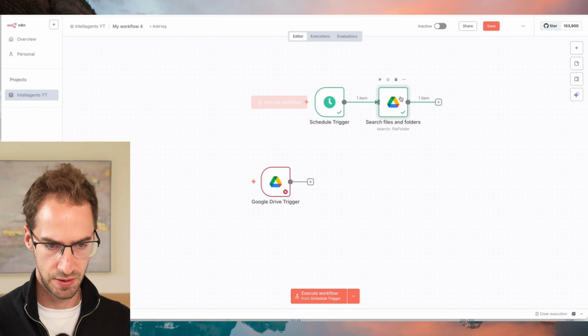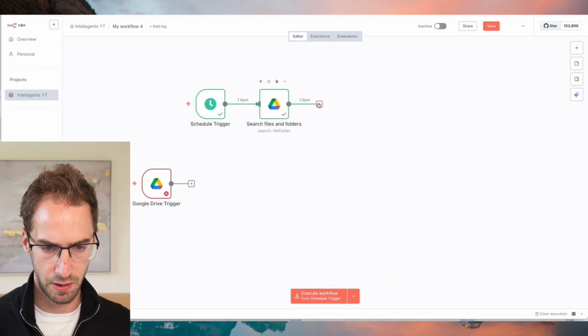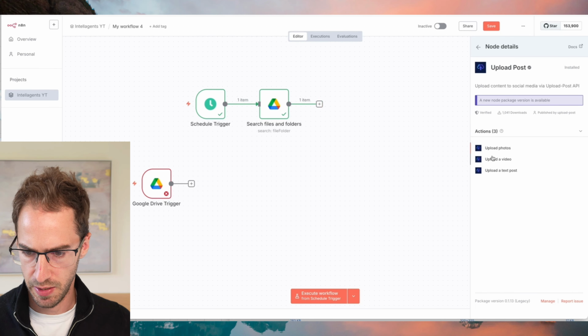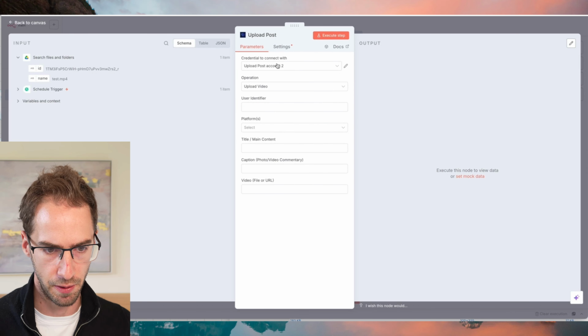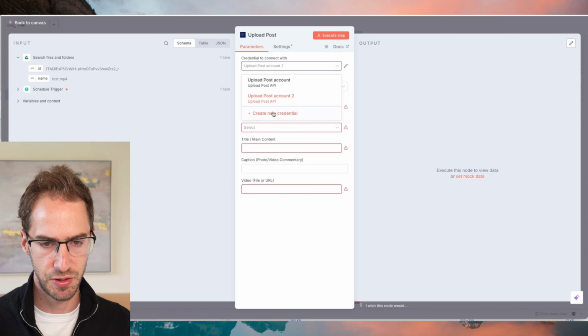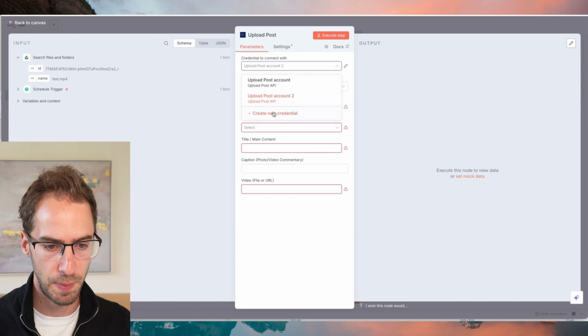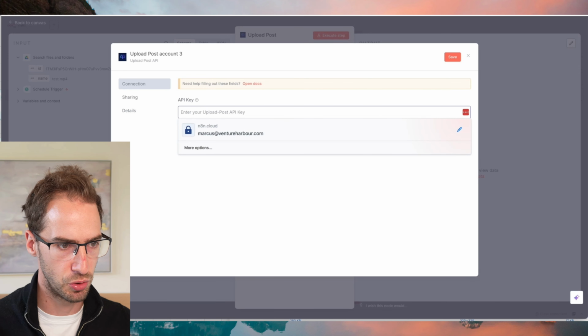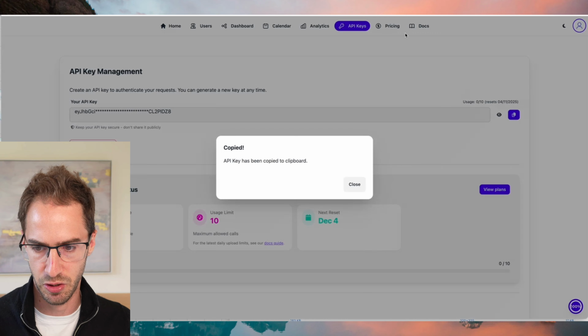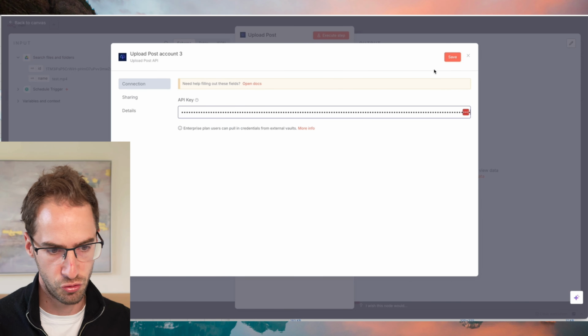So that's working nicely. We now need to add our UploadPost node. So we're going to just search for UploadPost. We want to upload a video. So this is where you need to connect your UploadPost account. So if you haven't done this already, you'll need to create an account on UploadPost, hit create new credential, and in UploadPost, you want to go to API key and copy that key. Drop that in there and that